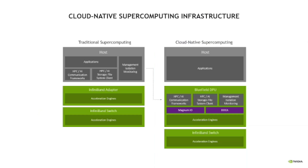From a design perspective, here is a really high level cartoon about the differences between how cloud native supercomputing infrastructure is different from your traditional supercomputing, the one we're familiar with so far. First of all, in traditional supercomputers, the host is the center of activity. So the application runs there, your communication library is there, your storage runs there, any sort of security management isolation also will run there. And so there's cycles taken away from the application to do these sort of operations. And also the fact that its security, for example, runs there means that it's running in the same domain where the application is running. And so once you've broken into